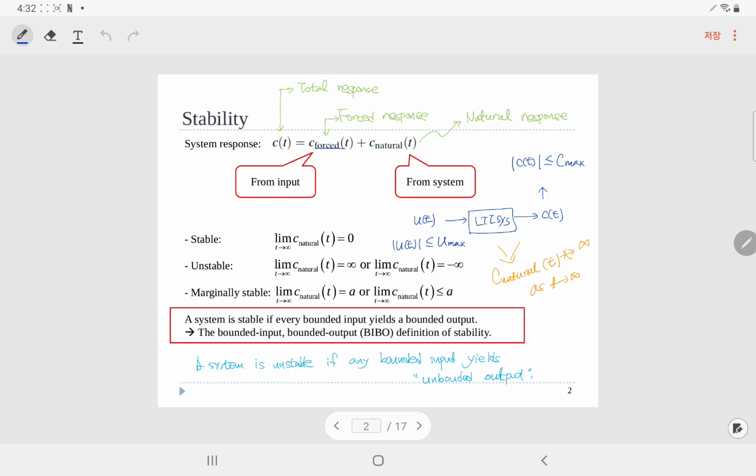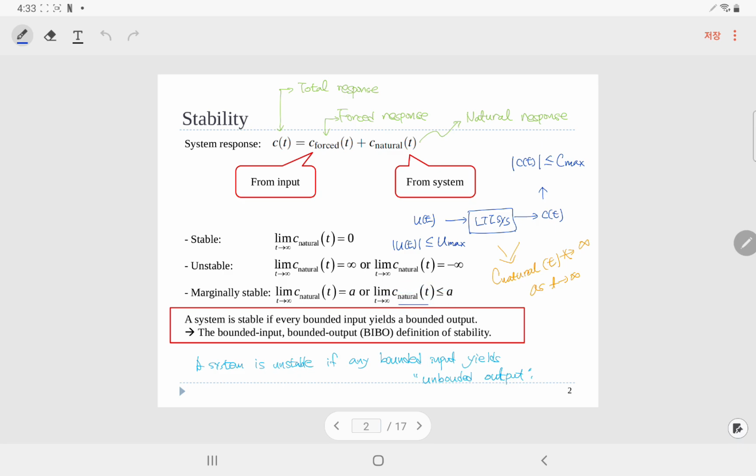포스드 리스판스는 입력에 비례해서 움직이는 거니까 입력을 무한대로 넣어버리면 포스드 리스판스가 무한대로 갈 건데 그런 입력은 넣지 않죠? 보통 스텝 인풋이 들어갔다 그러면 c_forced라고 하는 포스드 리스판스도 스텝 형태와 비슷한 리스판스가 될 거예요. 그러면 일정한 값을 갖고 내추럴 리스판스도 일정한 값을 가지니까 토탈 리스판스도 일정한 값을 갖는다는 거죠. 자, 그게 한 가지 케이스고, 두 번째 케이스는 c_natural 내추럴 리스판스가 컨스탄트한 A라는 값을 갖는 게 아니라 A라고 하는 바운더리 내에서